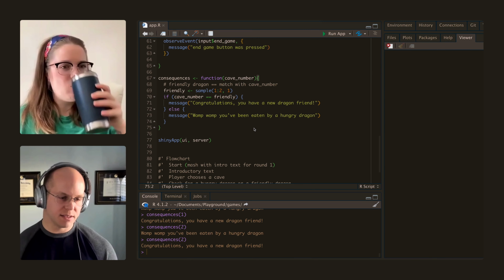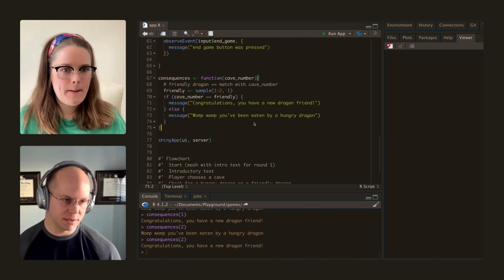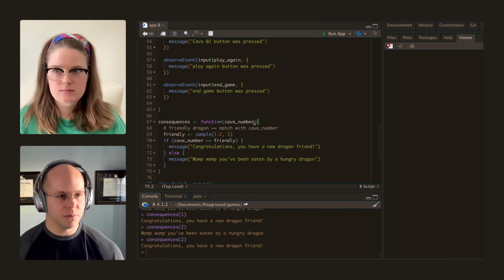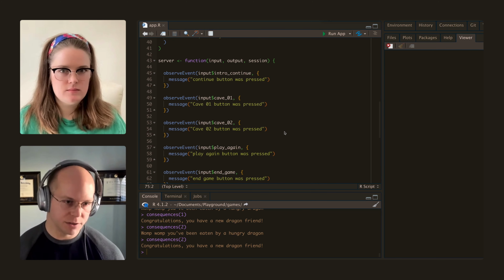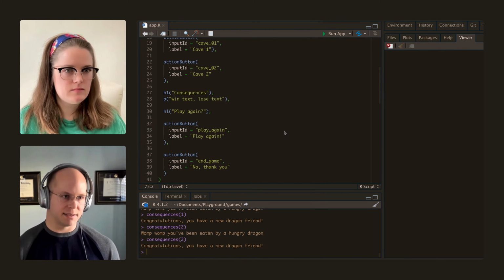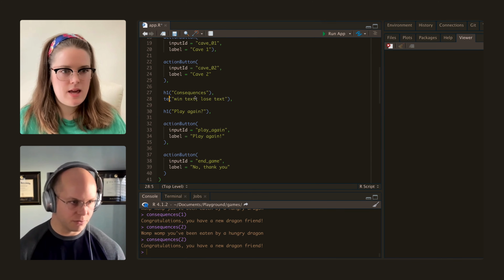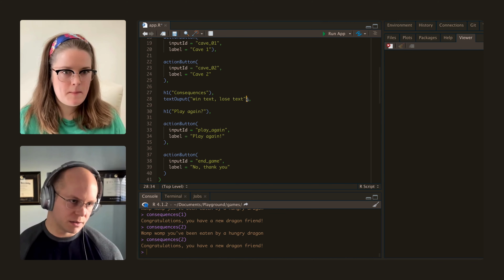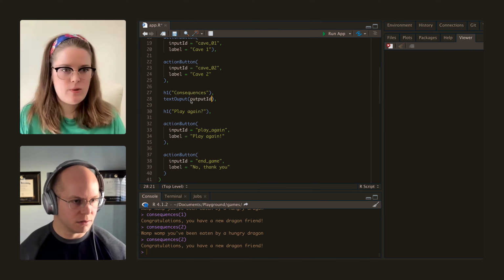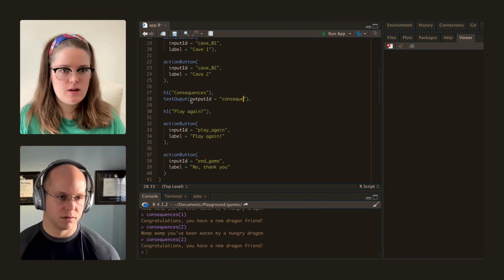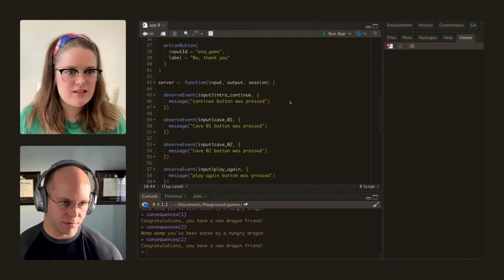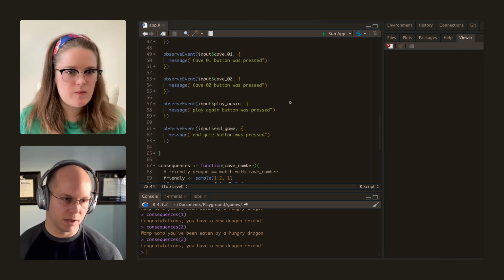Okay, so now we have consequences. This returns the response text, so that is pretty cool. Can we scroll up to the UI definition to see if the response text is, say, text output? I think you're wanting that 428. Yeah, text output. We could call this consequence text, maybe. Okay, so output ID equals concept. Then we can observe event in cave 1 or 2, like we are already doing, and